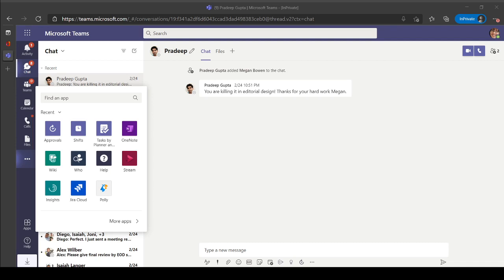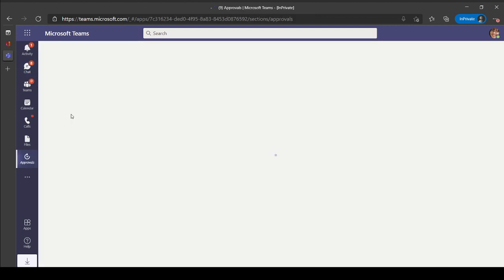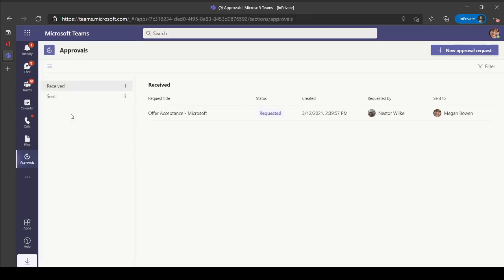Approvals are accessible, generally speaking, within the Teams environment, and you are able to access it by going down to the ellipsis on the left-hand side rail of your Teams application and looking at the search functionality. If you type in approvals, that will help load up the approvals tab and show you any requests and history of approvals that you might have sent. If you're brand new to approvals, this might just be empty, but you can get started right away within this view by clicking on New Approval Request.